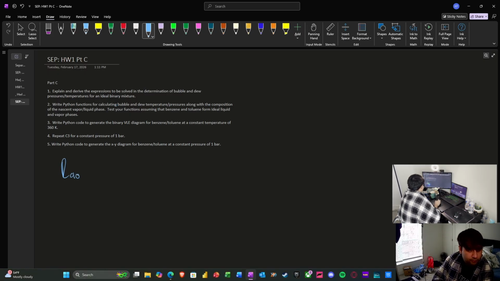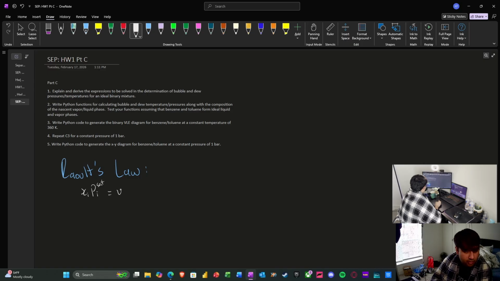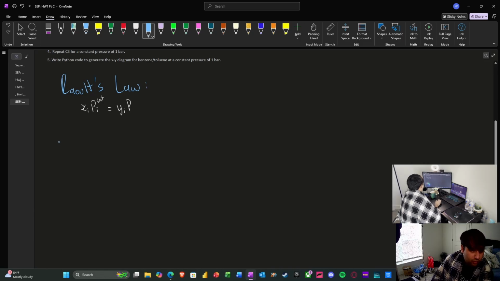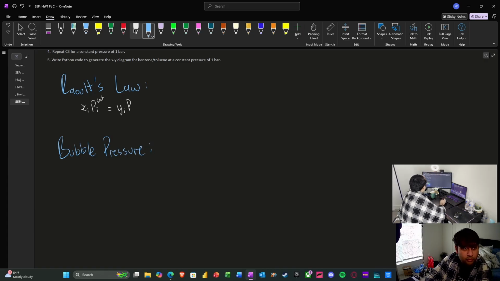So let's start with Raoult's law, and that would be the liquid composition times Pi sat, pressure at saturation, equals our vapor composition times the pressure. And to find our bubble pressure, we're going to use Raoult's law. Bubble pressure. So let's go ahead and write our equation down